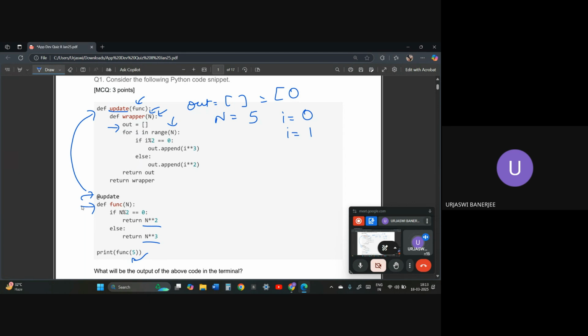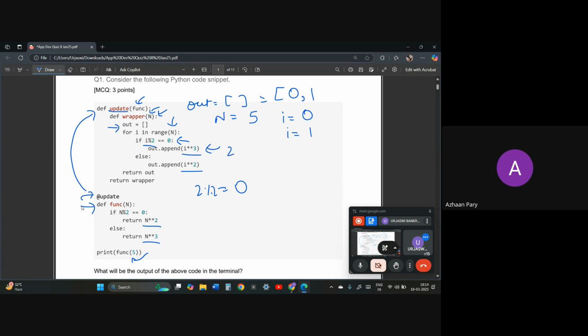Now 1 mod 2 is also equal to 0, if I'm not wrong. I always get confused with the mod. Whatever we do with 1, it will always come out to be 1, so it will be 1. Next comes 2. 2 mod 2 will come out to be 0, so we will be adding the cube of 2.